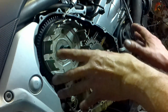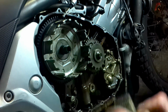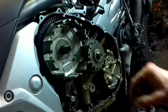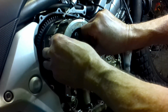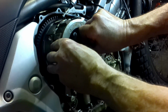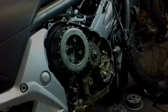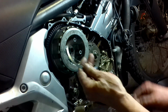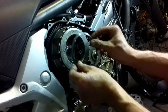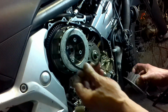Okay, clutch pack has been built. We need to now remember we have this washer at the back. Don't forget about that one. And then we'll slowly install it again. Alright, we've got the clutch pack installed again. Just make sure you remember about this little chap that's here on the top. The Africa Twin had a spare one on this side, so